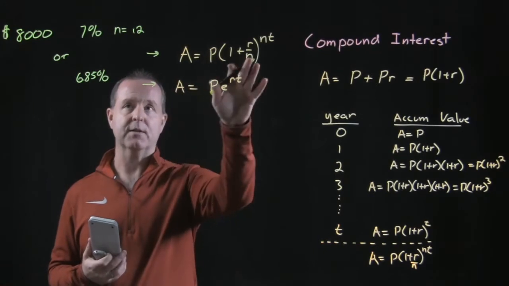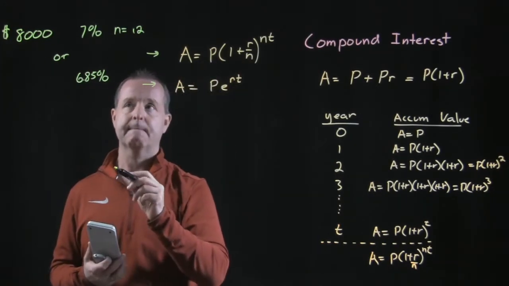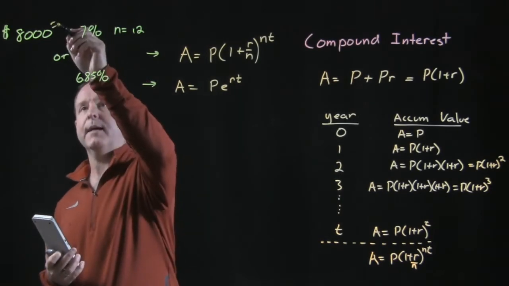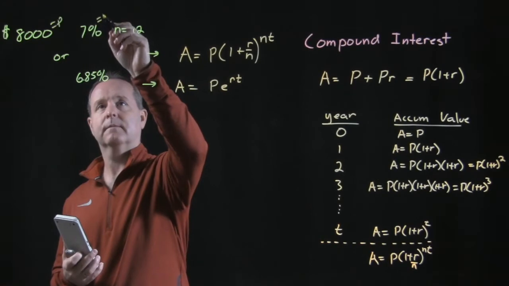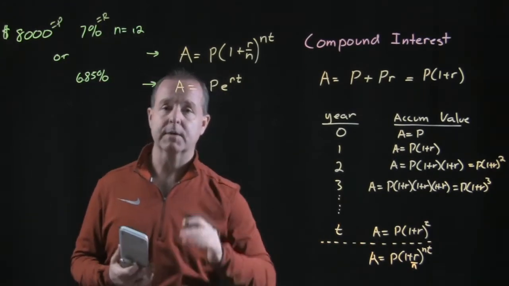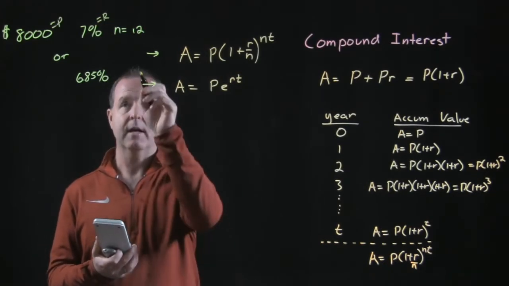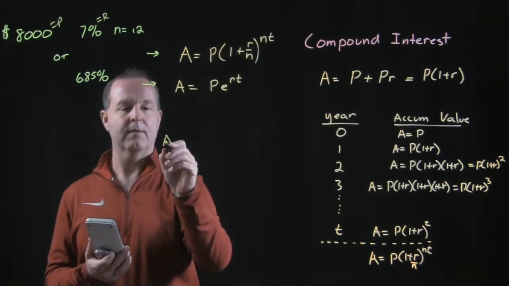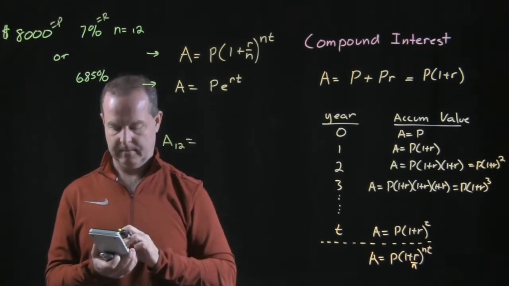So let's calculate this one where my principal is 8,000. So I can make that my P. My rate is 7%. And I'm given my N equals 12. So I have all my variables, so it just simply means a time of plug and play. So plugging that in on that particular one, my amount, and I'm going to put a little subscript 12 on that one,